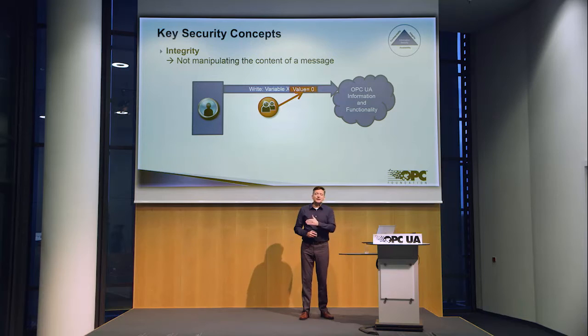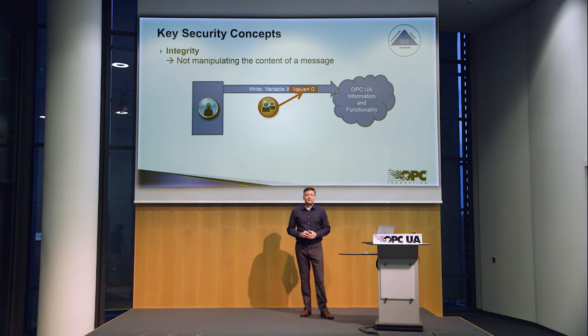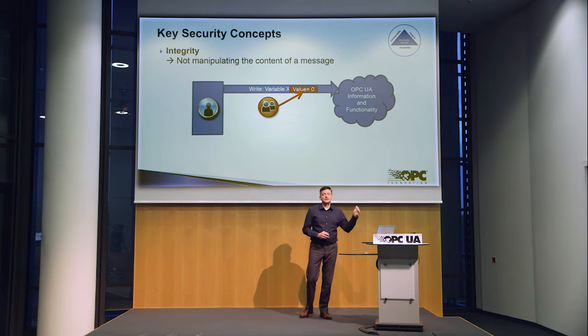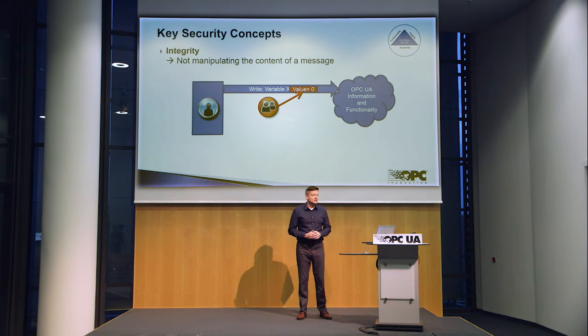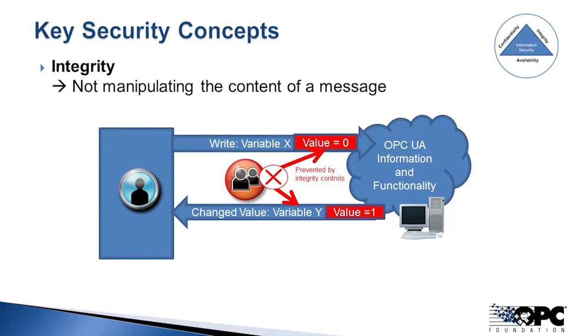Okay, so number one, that's how we ensure that we have confidentiality. Integrity basically just means that as data is being sent by the originator, mid-flight, somebody doesn't come in, do a man-in-the-middle attack, and change the values as they're going across. Obviously, that could have catastrophic events. You don't want that to happen in both directions, right? So whether it's commands being sent out or the values that are coming back, you definitely want to make sure